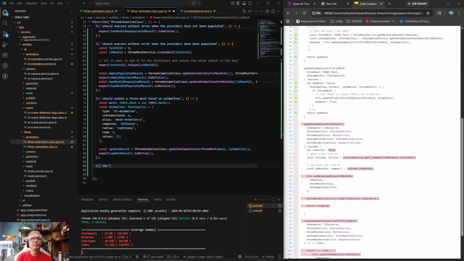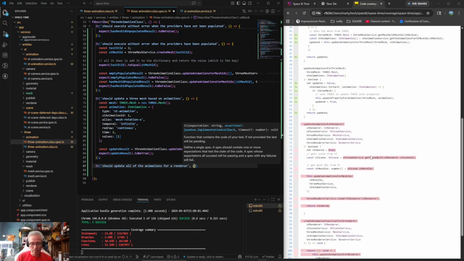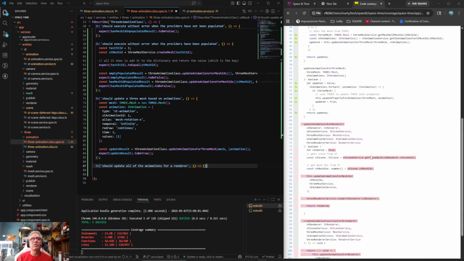Now I don't know how that works. Update all of the animations. I just don't even know how that works. It's been a long time, and I think it's fairly complicated. So theoretically, if all is well, I should be able to come up to speed very quickly. All right, so what do we need? We need a scene,